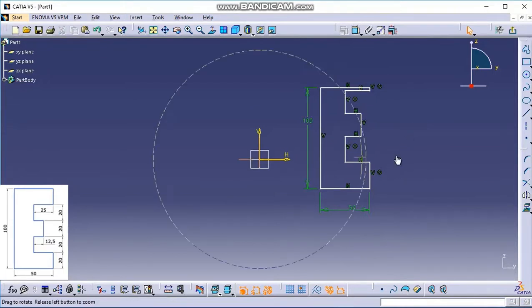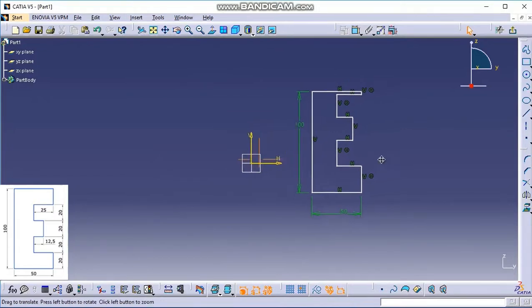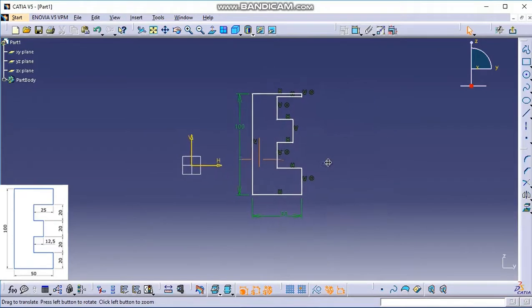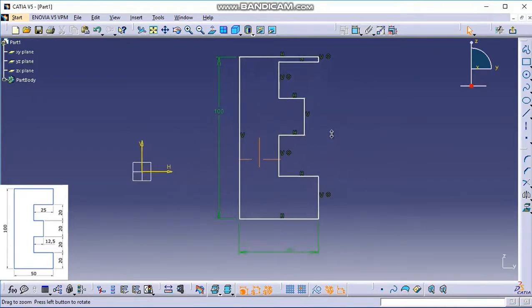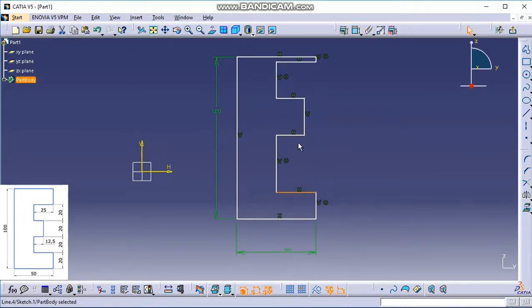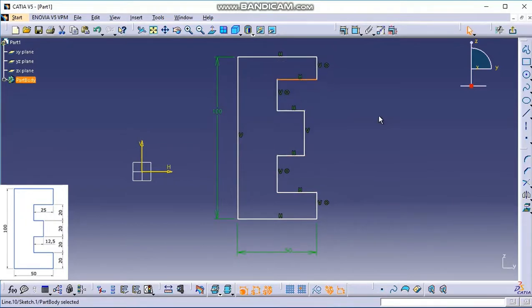Now I'll give the independent dimensions. I'll zoom the figure. For zooming, press the scroll and move to move. This is called pan. Once you right click, you can zoom. Now let me give the dimensions. If you want, you can modify the drawing to make it resemble your required drawing. You can select the line first and click this dimension constraint, or select the dimension constraint first and click on the line. Both of the methods are okay.